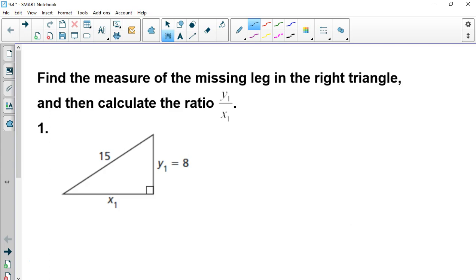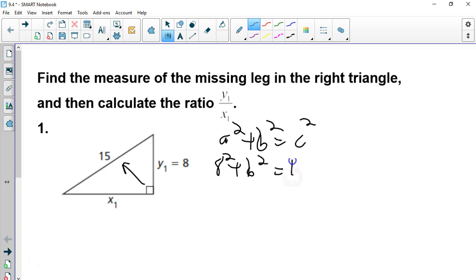We know that y is 8 and the hypotenuse is 15. So we're going to use good old Pythagoras. a squared plus b squared equals c squared. We know 8. We don't know b. Again, you can interchange a for b, makes no difference. But 15 must be c. Okay, well, 8 squared is 64. 15 squared is 225. When you subtract that,